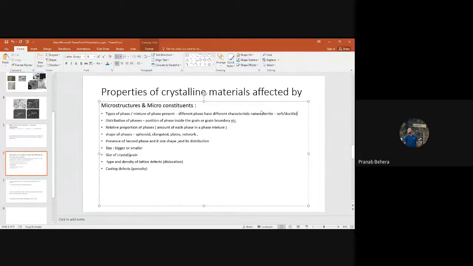That means if your steel contains a lot of ferrite or only a ferrite matrix, it has high ductility and high elongation. You can deform that particular steel to a large extent, to a very small cross-sectional area, from a very thick plate to a very thin plate. Similarly, if I have martensite,